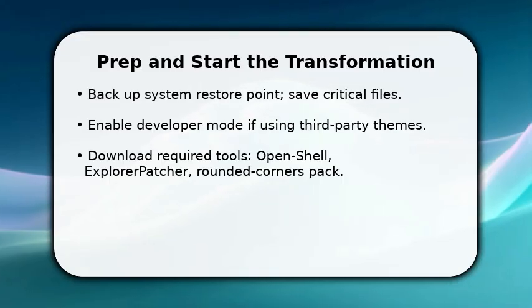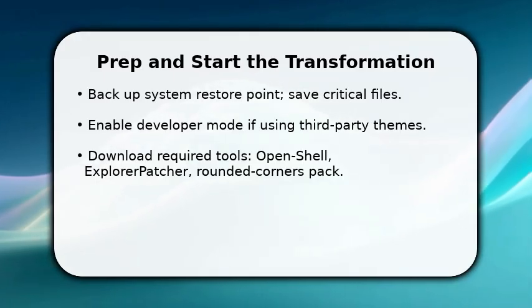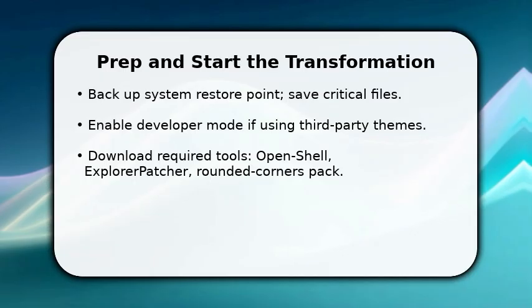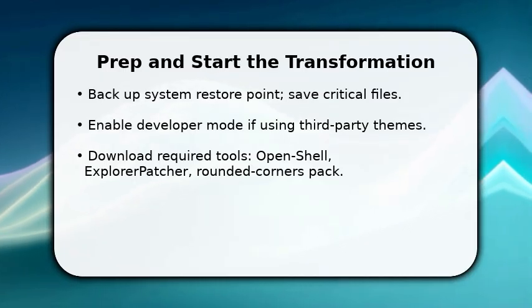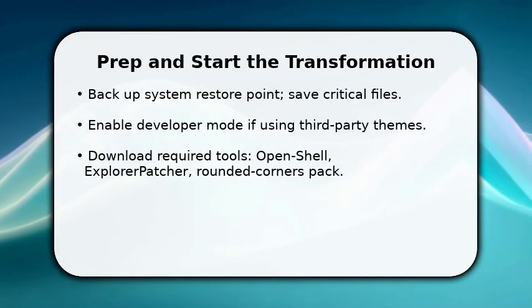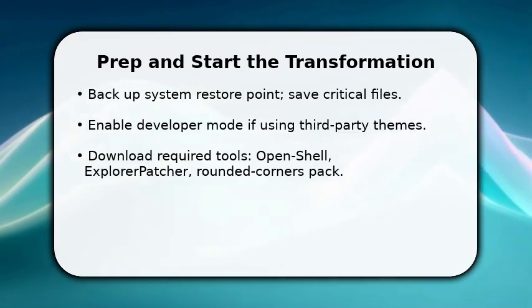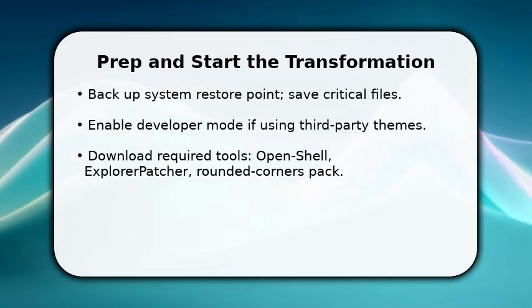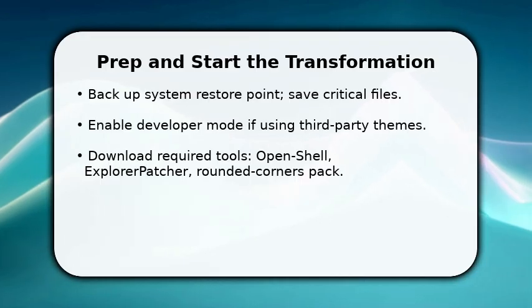You begin by securing your system. Create a restore point and back up important files so you can revert if needed. Next, enable developer mode only if you plan to install unsigned themes. This permits extra customization. Now download the core tools: a start menu replacer, a taskbar patcher, and a rounded corners